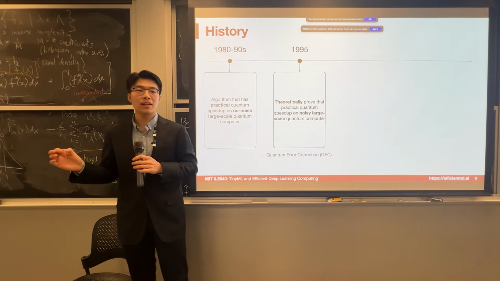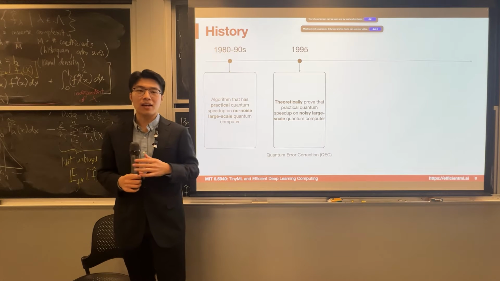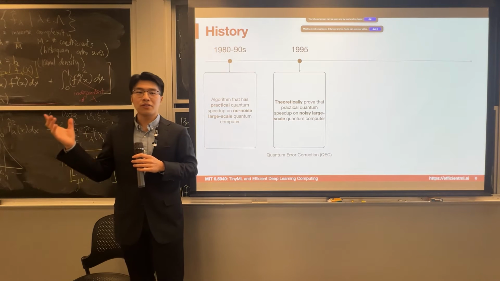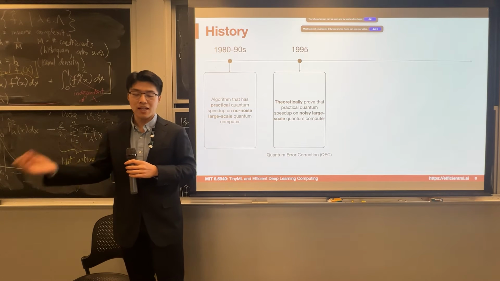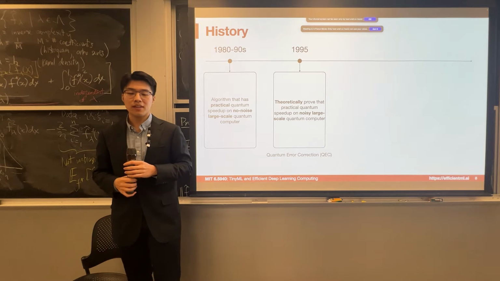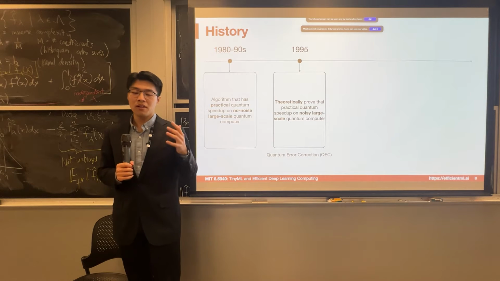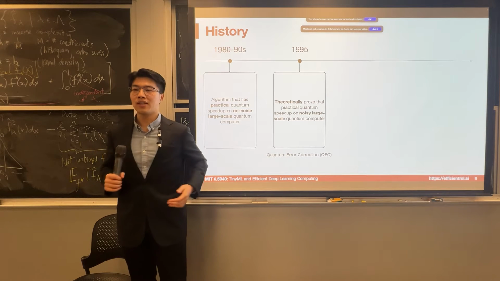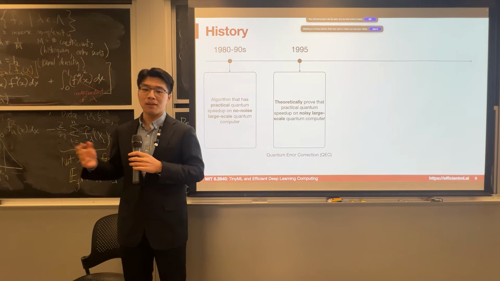Actually, that already happens in our classical computing, right? In classical memory and classical communication, you already use a lot of ECC codes to make sure the information you're trying to send and receive is robust to the noise of the environment. So that's also the case in quantum. So back in 1995, multiple quantum error correction schemes were proposed, and they are basically saying we can trade redundancy for better reliability.